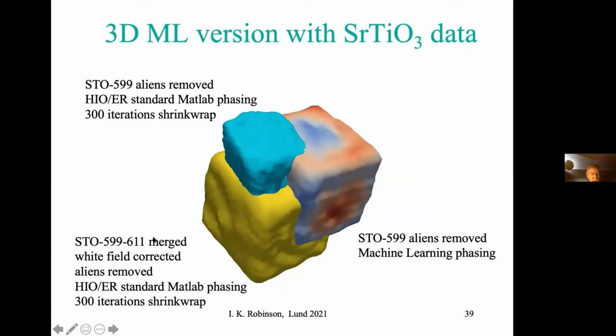If you give a merge of 6 data sets, you get an image which is comparable to this one, but the machine learning one looks a little bit crisper, a little bit more believable perhaps